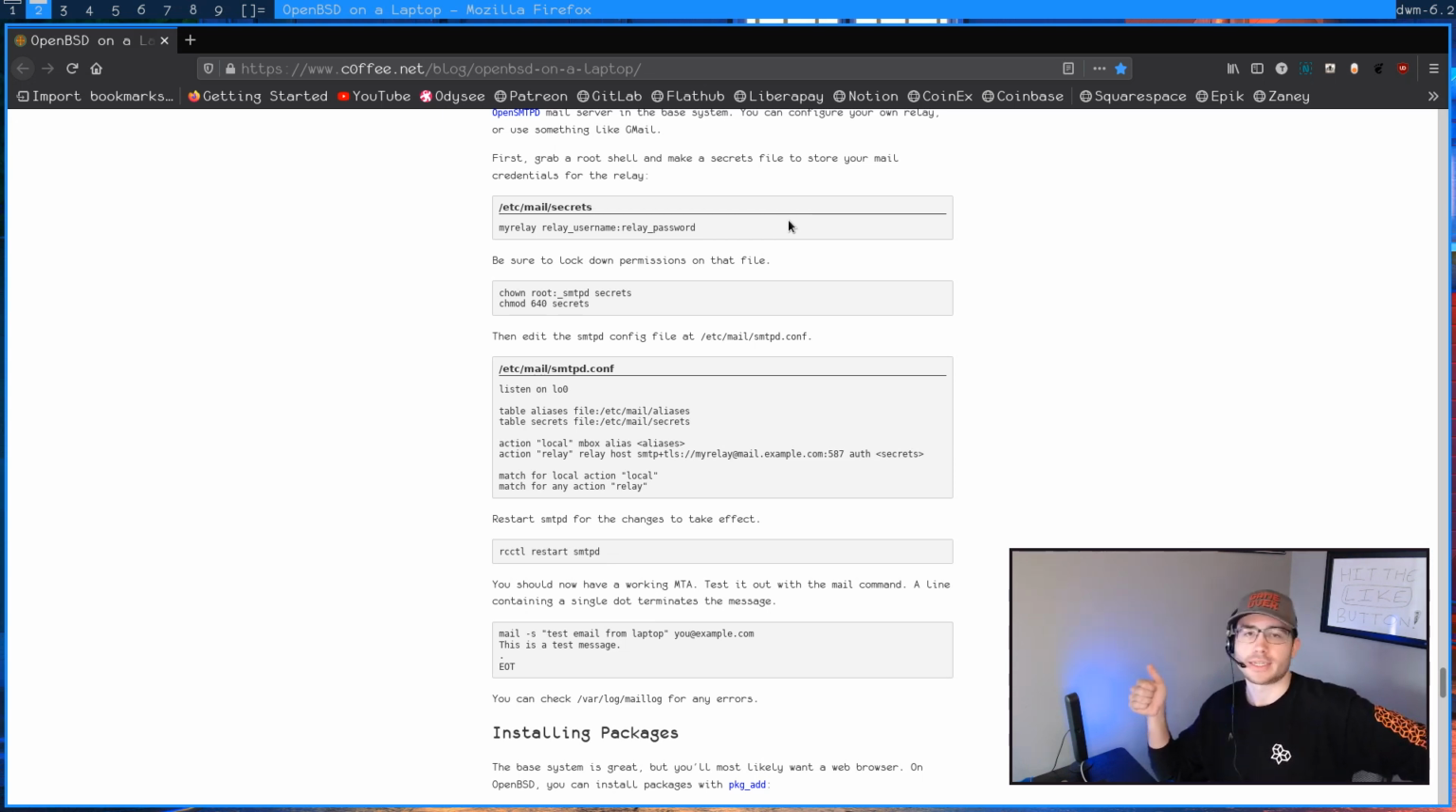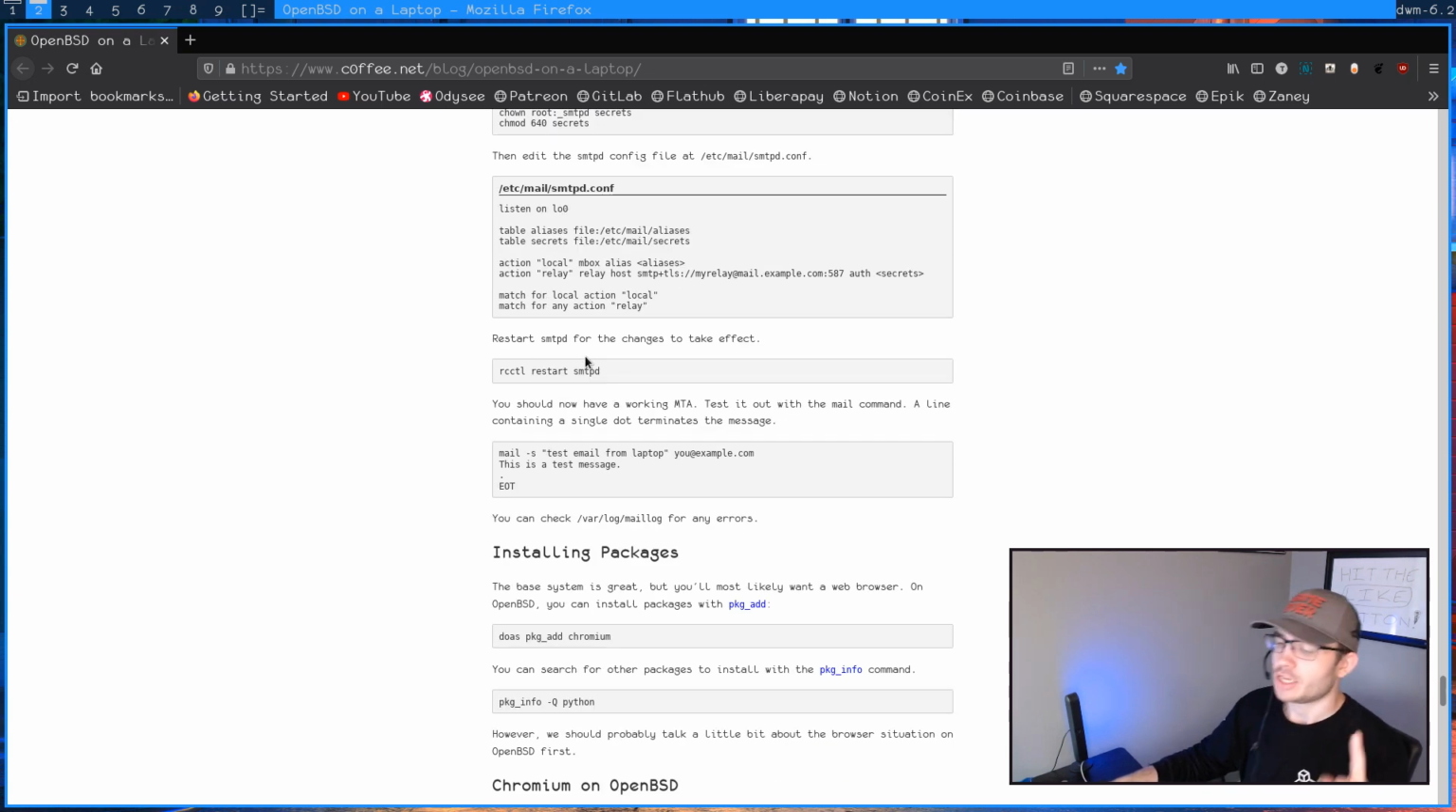You are almost done setting up your email, which is beautiful, all right? OpenBSD, where it's at. So what you're going to want to do is make sure to lock the permissions on that file so it's not just willy-nilly. So you'll run these 2 commands here to get those permissions rock solid, and then you're going to edit your SMTPD